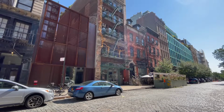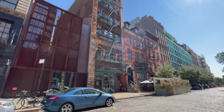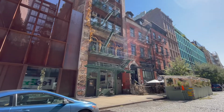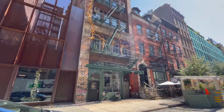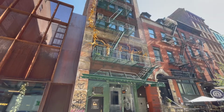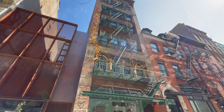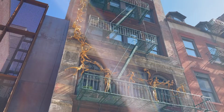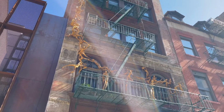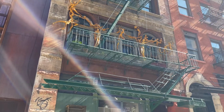Lastly, I want to double back and look at the Jean Cocteau Theater, founded in 1949. The historic 1893 building holds the most memorable piece of Bond Street, these golden statues dancing up the wall. This building has an artistic pedigree of 1, the theater, 2, the jazz musician Sam Rivers' Studio Rivbea loft in the 1970s, 3, the famous photographer Robert Mapplethorpe, who had a studio here in the 1980s, and 4, painter Virginia Admiral,